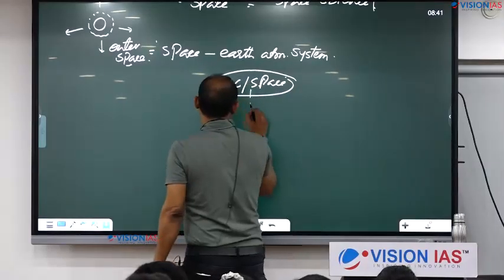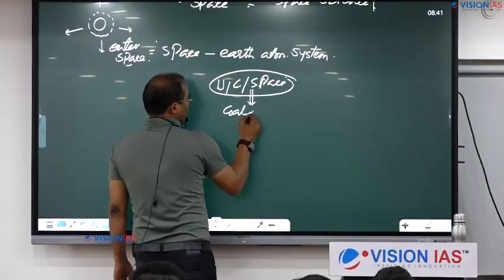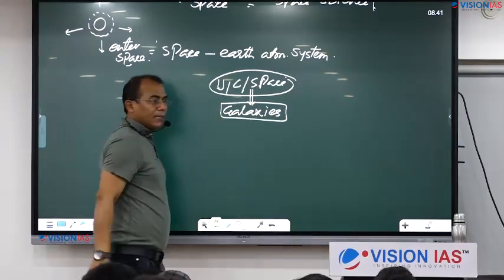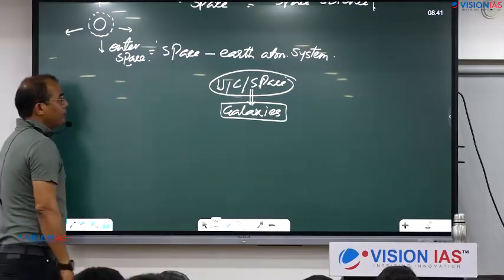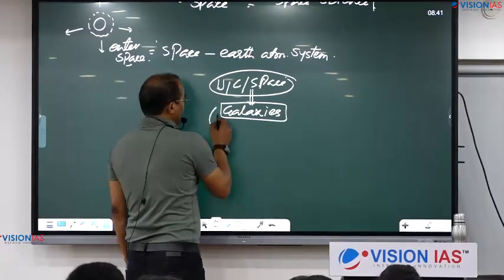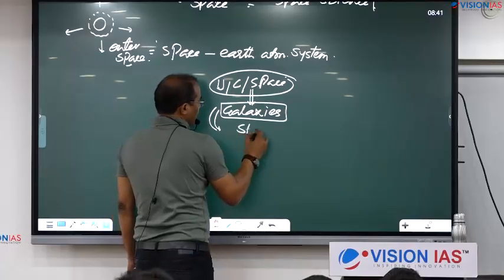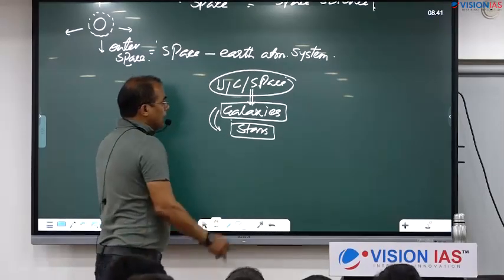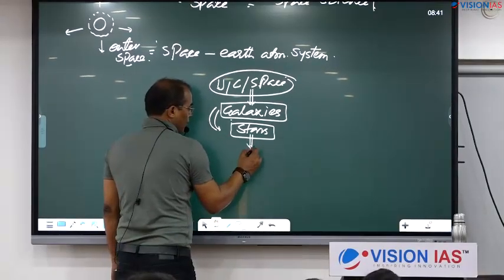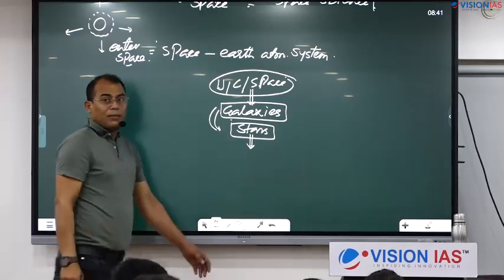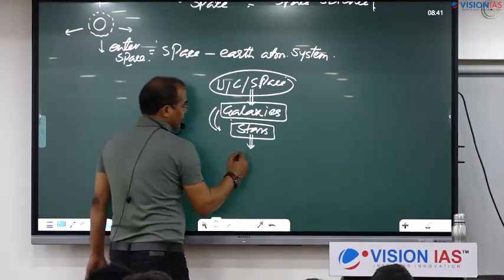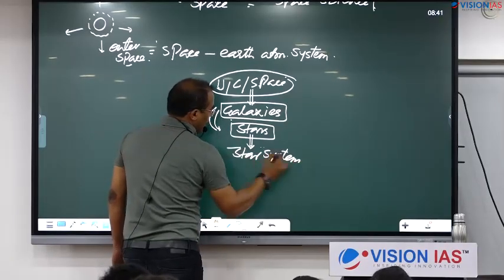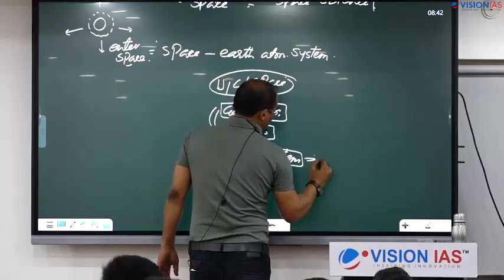Collection of millions of billions of galaxies. Right? What are galaxies? Collections of millions of billions of stars. Each star has its own family, held together by the force of gravity. That's what we call star system. In our case, we call it solar system,